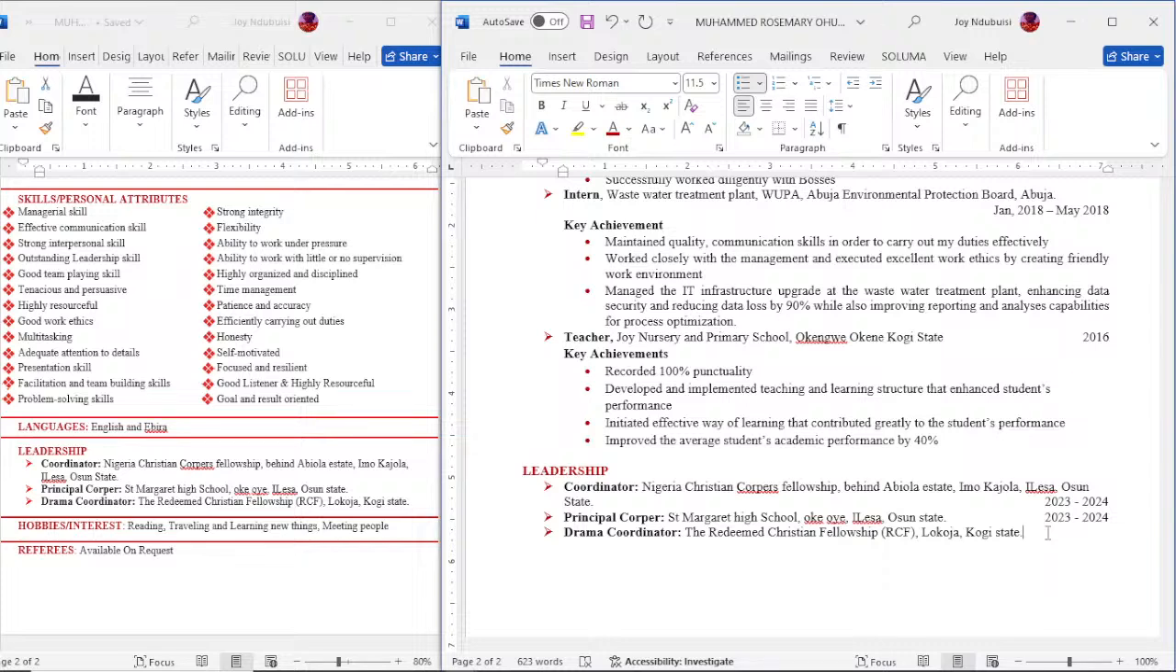Now, if you are a member of a body, an institute, or a professional body like the Society of Engineers, professional bodies of the course you studied, then that will come under the heading called membership. Then after that, the next is